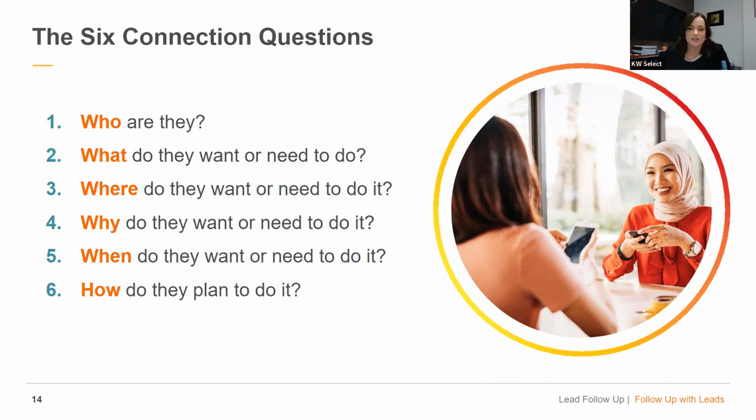Okay. These questions help you gather the information that you need, but also help that person open up to give you a bit more detail about what they're looking for or what they're doing. In your guide, you do have some examples of what those connection questions might look like in conversation. These may or may not work for your business. We want to take some time to plan out a framework for that conversation that does work for your business. Because the more that you plan it out and practice it, again, it's going to feel more natural. You'll be more confident, and it helps you intentionally connect with the person and also qualify them at the same time.